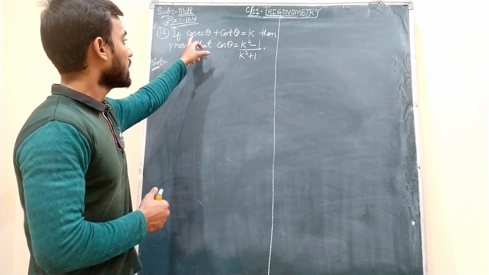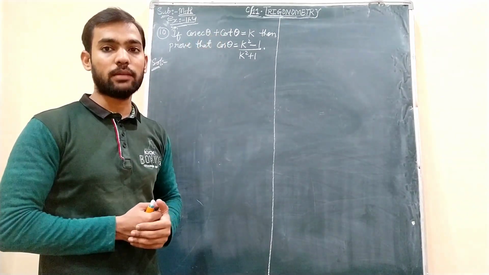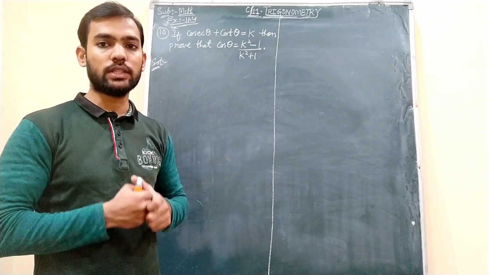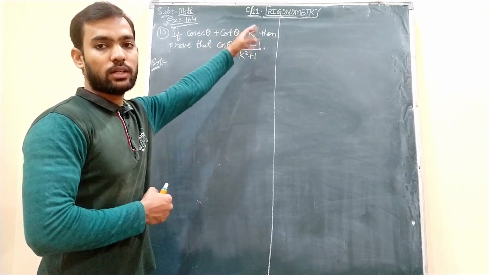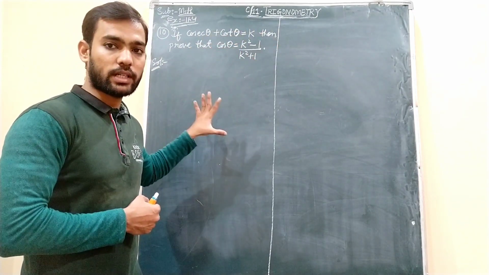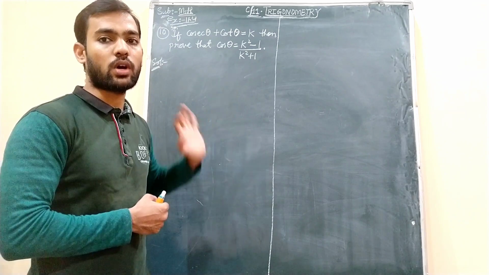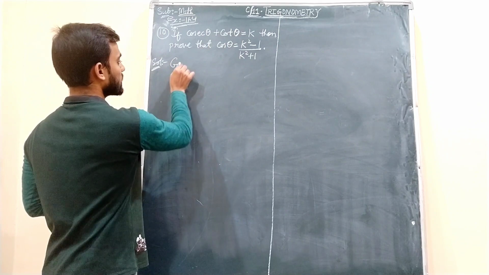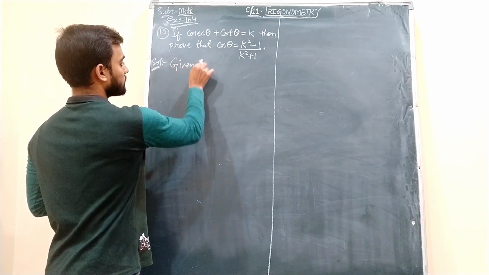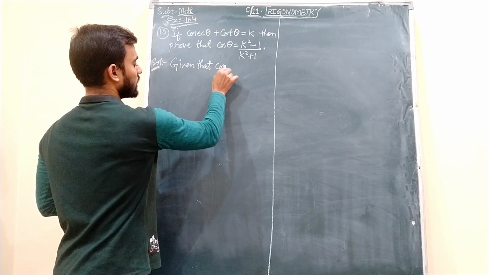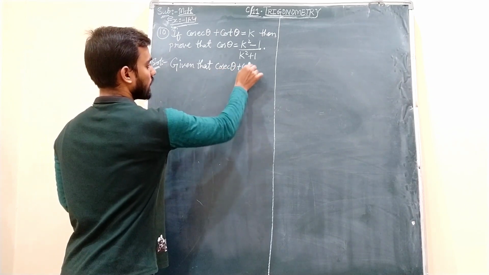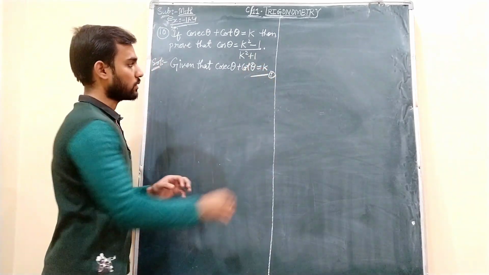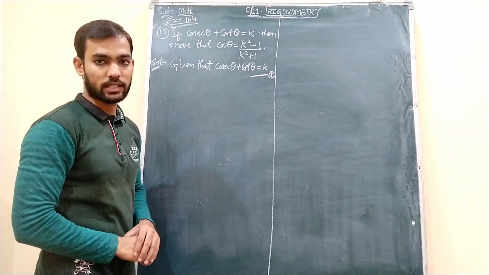And remember one more thing, sometimes in place of cosecant and cot, he may give secant theta plus tan theta or secant theta minus tan theta. So if he gives any of the ratios equal to anything, then if you understand this method carefully, it is very easy for you to solve any sort of question. Okay, so firstly you need to write what is given to us. Here something is given, that is, given that cosecant theta plus cot theta equals k. Take this as the first equation. Okay, this is our first equation, whatever is given in the question.